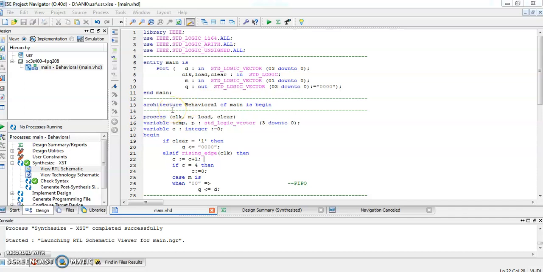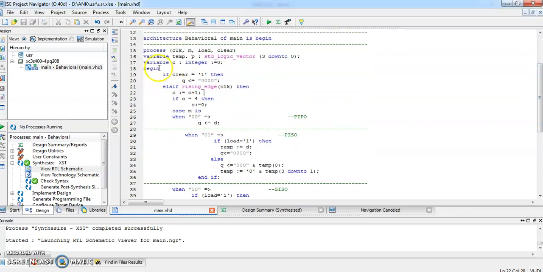Now in the architecture, we are going to write the main logic of the program. As the universal shift register is a sequential circuit, we have to write all the logic inside the process statement. That's why we are writing a process which has the sensitivity list: clock, M, that is the mode select pin, load and clear.